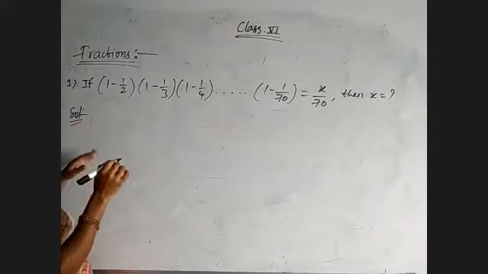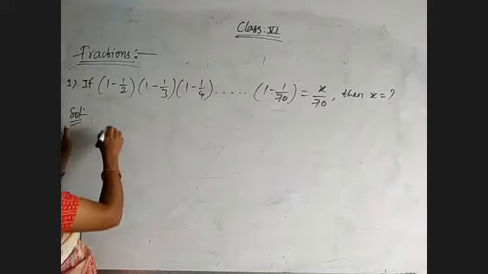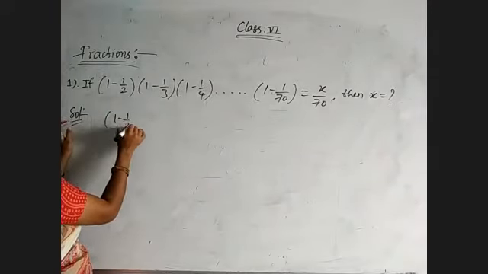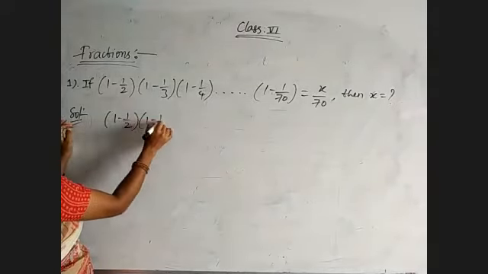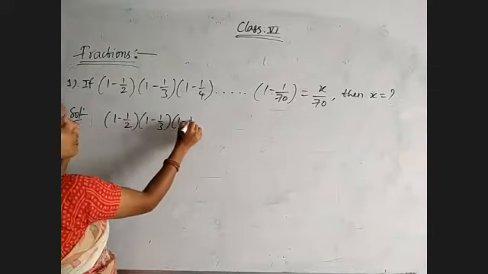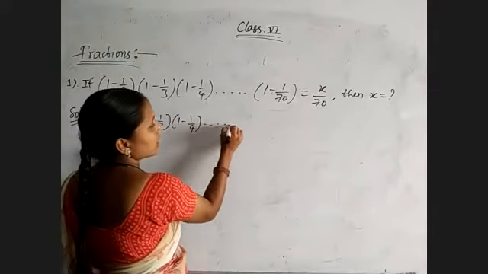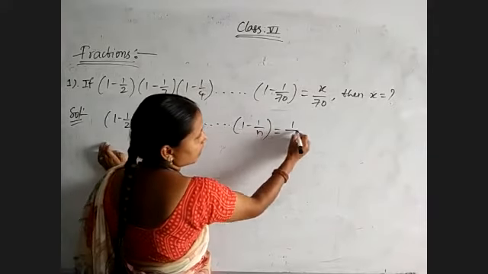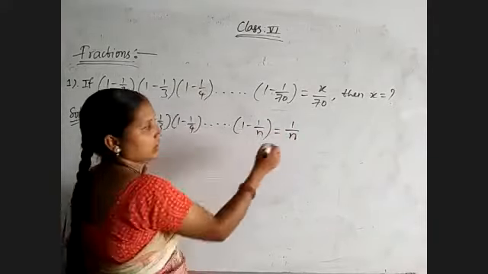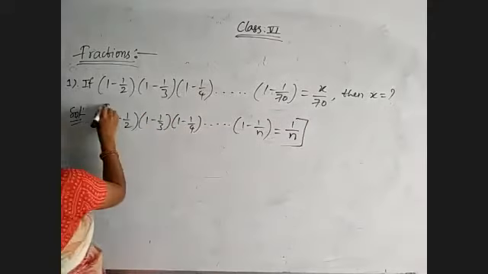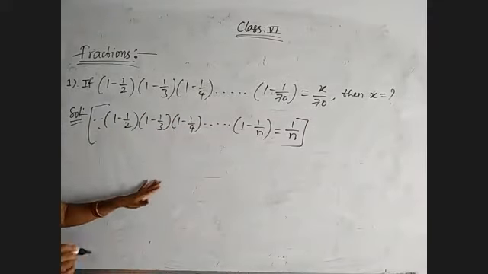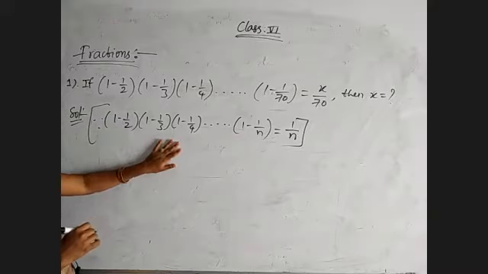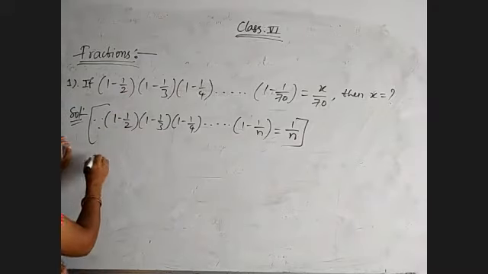Here, actually, we have the formula: (1 minus 1 by 2) into (1 minus 1 by 3) into (1 minus 1 by 4) into dash dash dash (1 minus 1 by n) will be equal to 1 by n. Actually, this is the formula. So how did we get it? Just go through the simplification. You will get the same answer. Observe that given